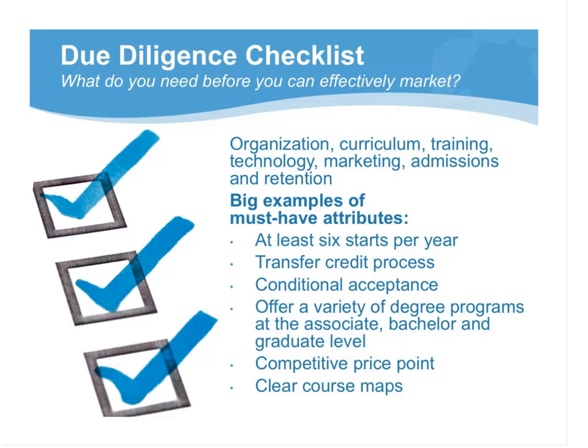The next thing is conditional acceptance. This allows students to stop the shopping effort and even take courses before all their paperwork is final. A lot of the for-profits have pioneered some of these best practices. We don't think this cuts down on quality, student outcomes, or achievements. It's really just business process improvement.